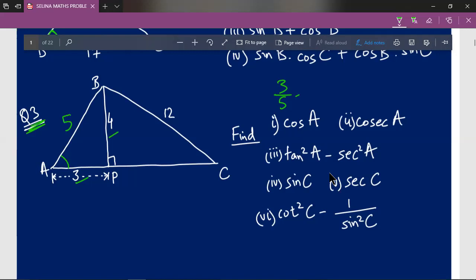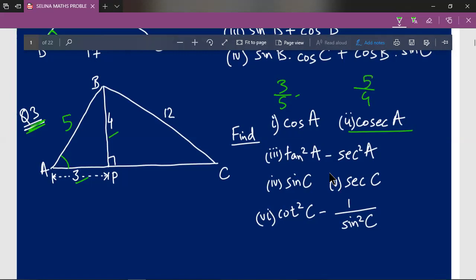So sine theta is the reciprocal of cosecant theta. Therefore, we have to first find sine A. Sine A basically means that the angle A should be to the ground, and with respect to angle A, find sine A. That means perpendicular upon hypotenuse, that is 4 upon 5, and cosecant A is the reciprocal of sine A. So sine A is 4 upon 5, so our cosecant A will be 5 upon 4.